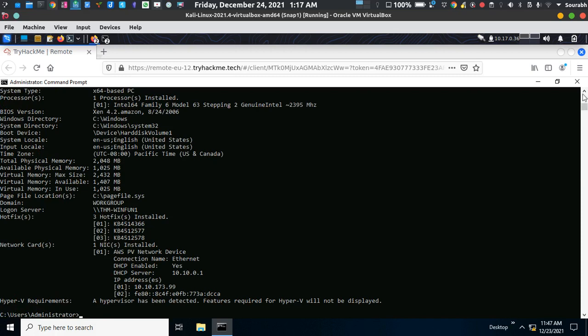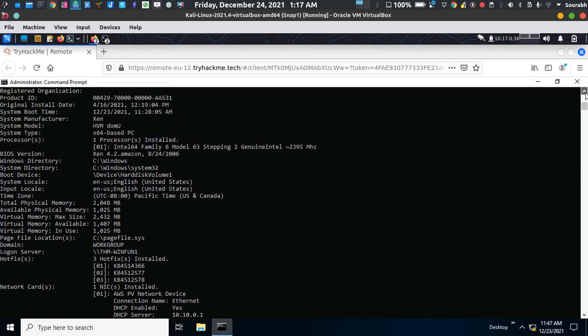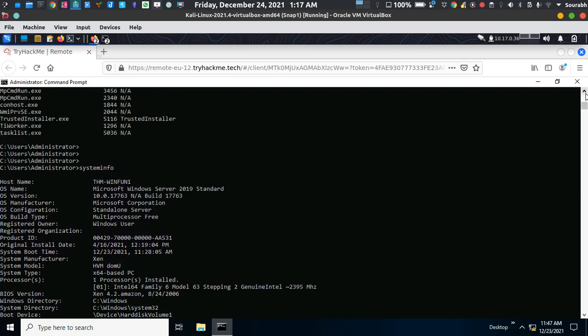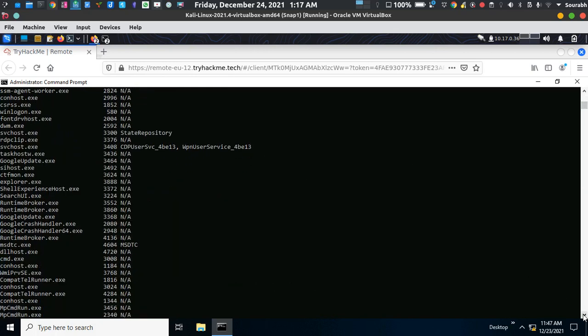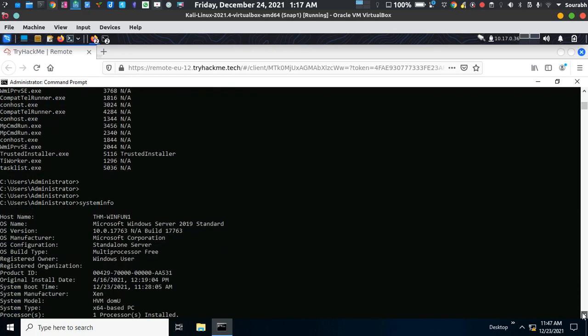All the information regarding the computer is going to be printed out to you: that it is a Microsoft Windows Server 2019 edition, the OS version is this, and the build version is this.